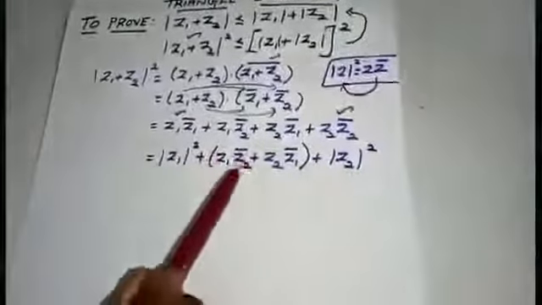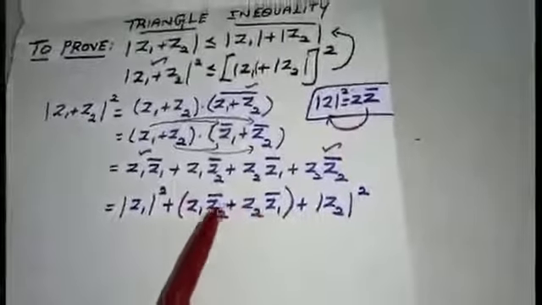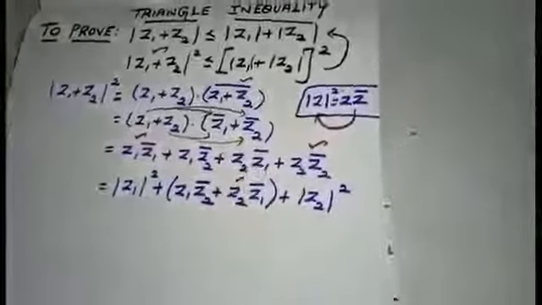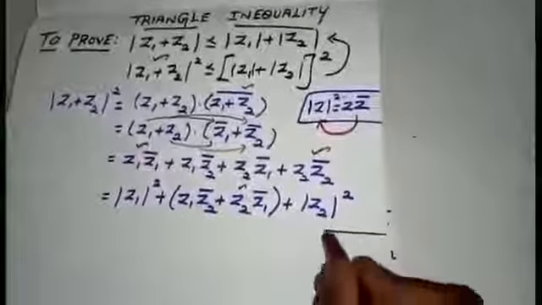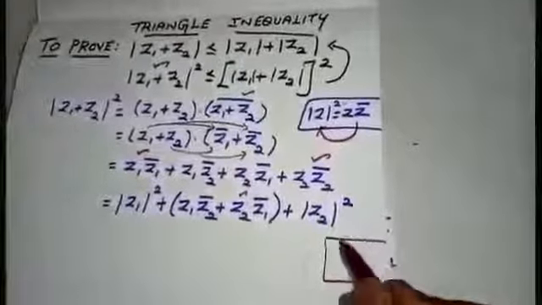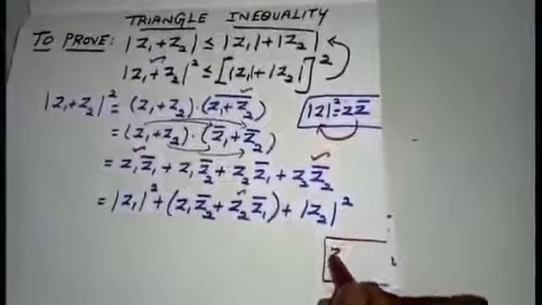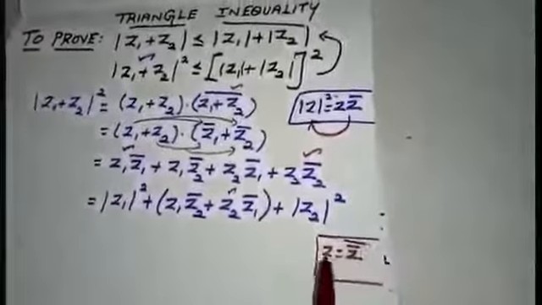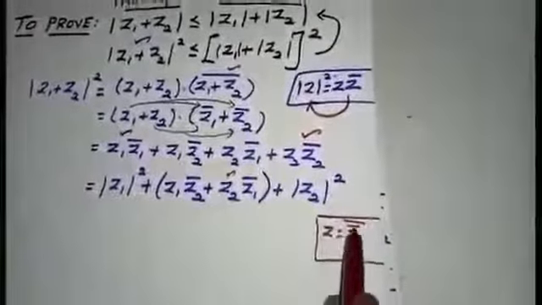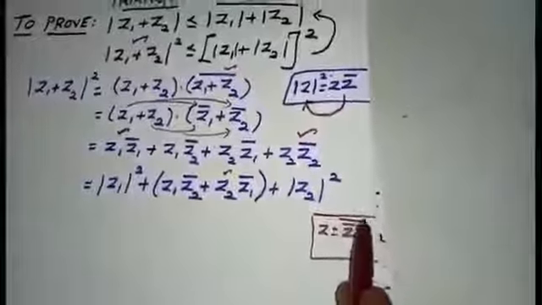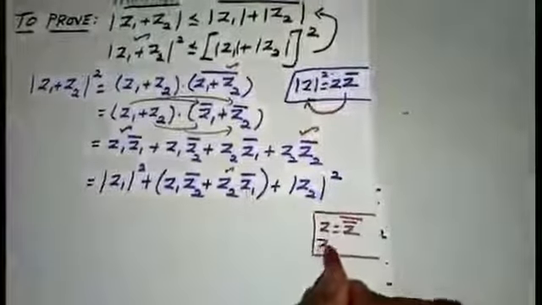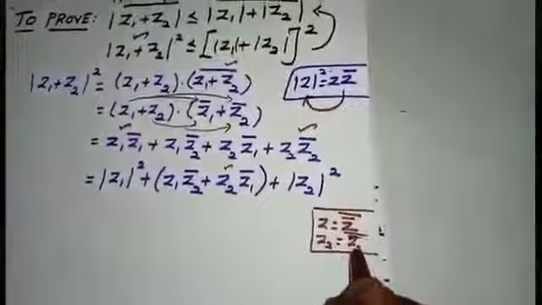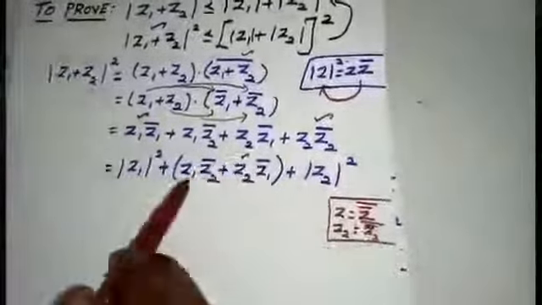Now I am going to see the values inside the bracket, students. I am going to target only on Z2. Now I am going to use this property. We know that Z can be written as Z bar the whole bar. So in place of Z2 I am going to write like this, Z2 bar the whole bar, double bar. Why I am going to write like this is, I want to write in this format,